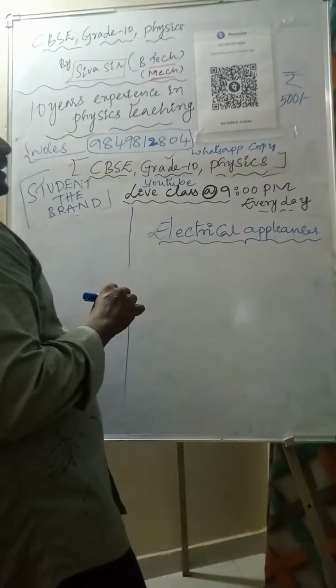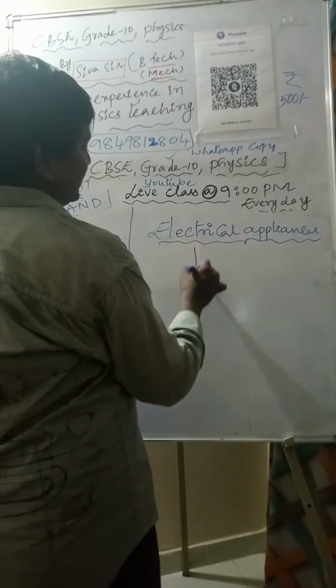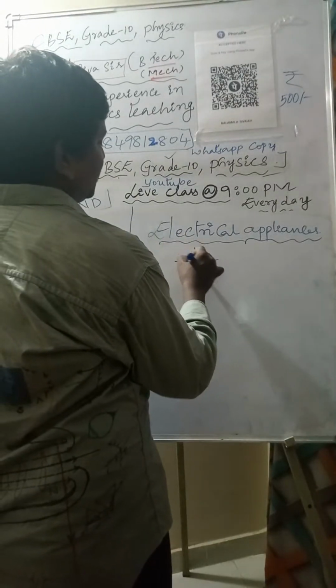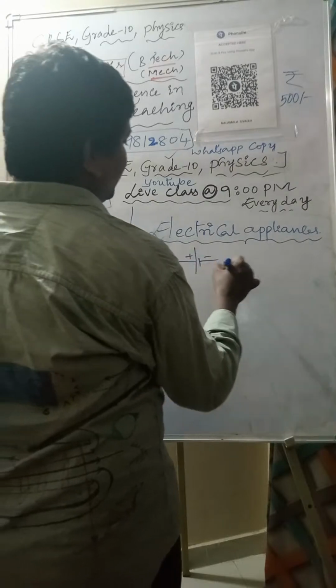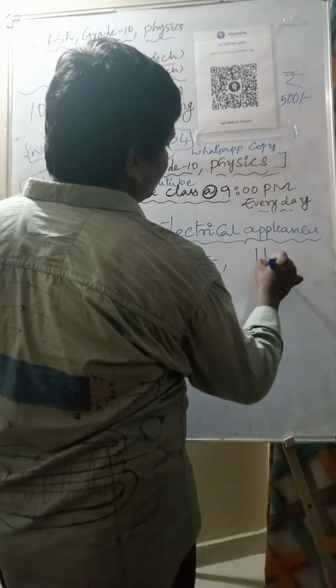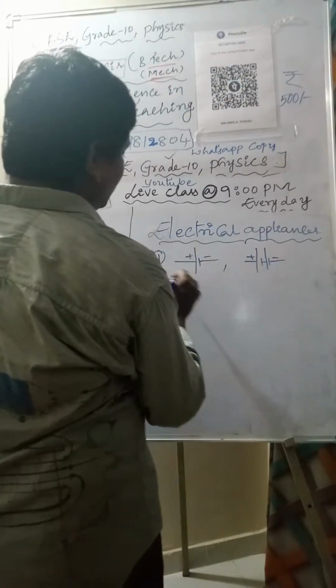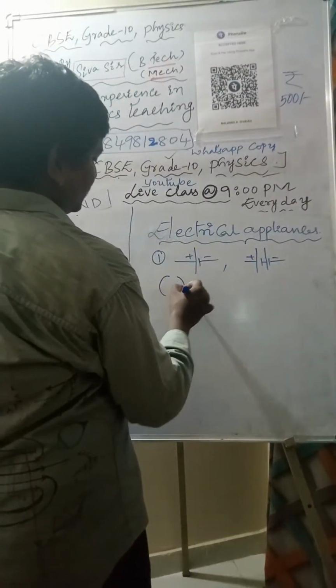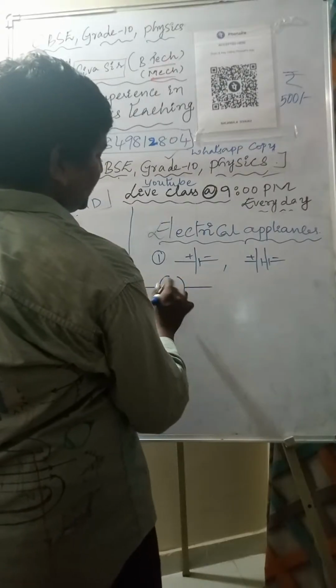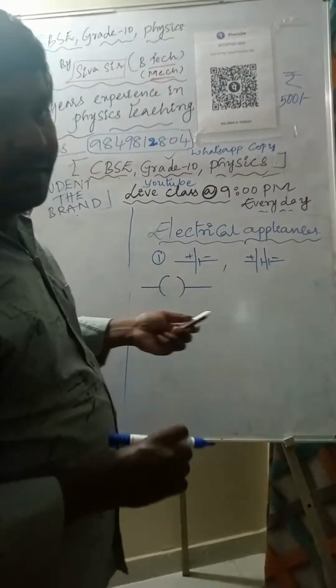So now you can see. So this is the cell. Positive terminal, negative terminal. Next one, battery. Next one, switch. Open switch, if a dot is there, that is